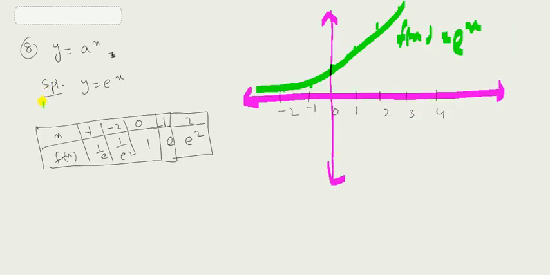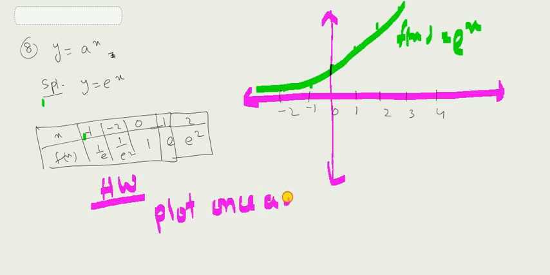So I am giving the homework that you yourself plot today's graphs once again, right? Plot once again. I hope in the next class I will be telling some of the uses, how from the graph we can solve the questions very easily. That we will deal in the next class.